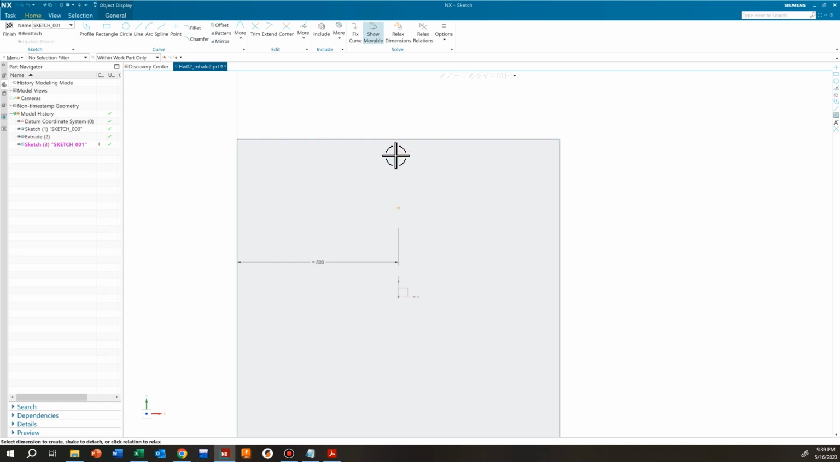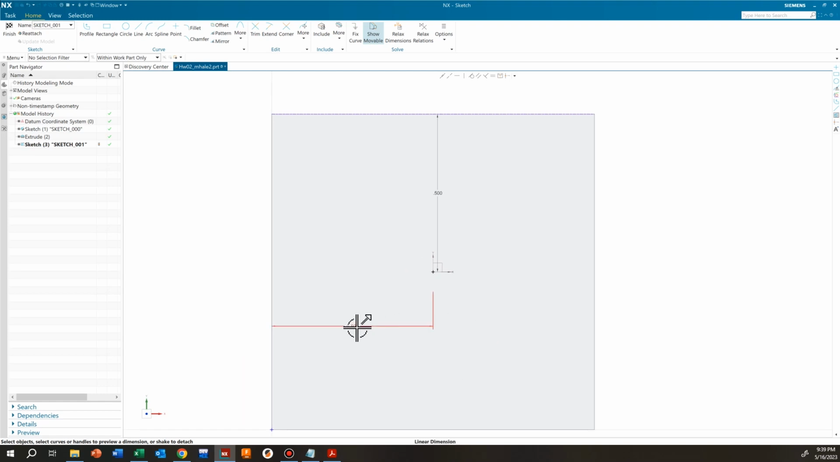Now you can see how it highlights. So I'm going to select our point, and then I'm going to select that top line. Now a dimension pops up, and I can define that as 0.5 inches. Now our sketch is fully defined. That point is 1/2 inch to the left, 1/2 inch down. Now we can finish this sketch. We hit finish,